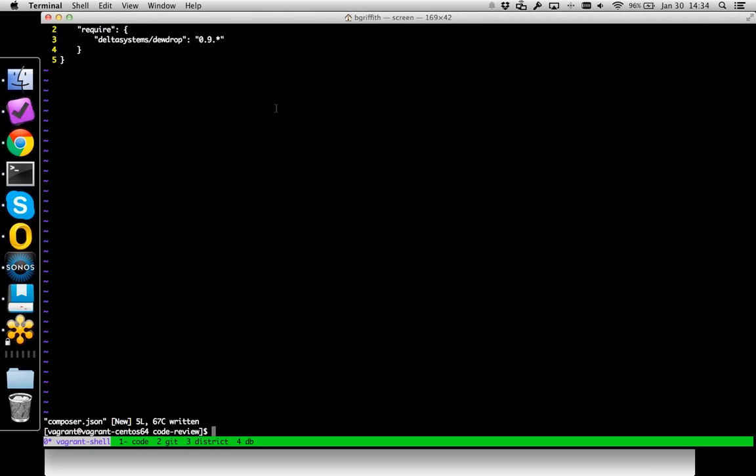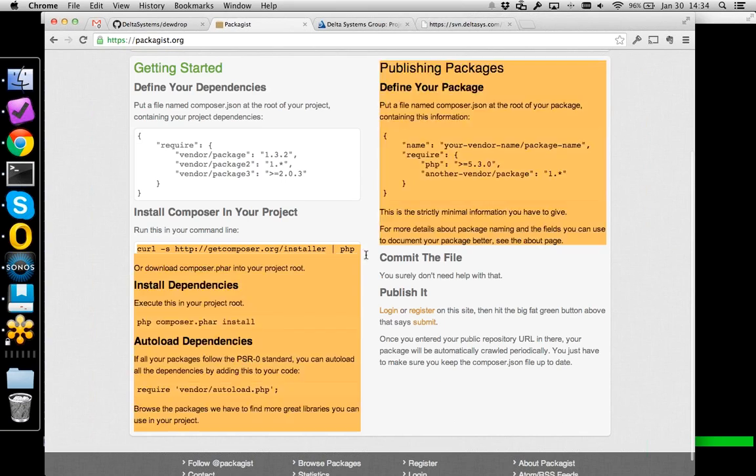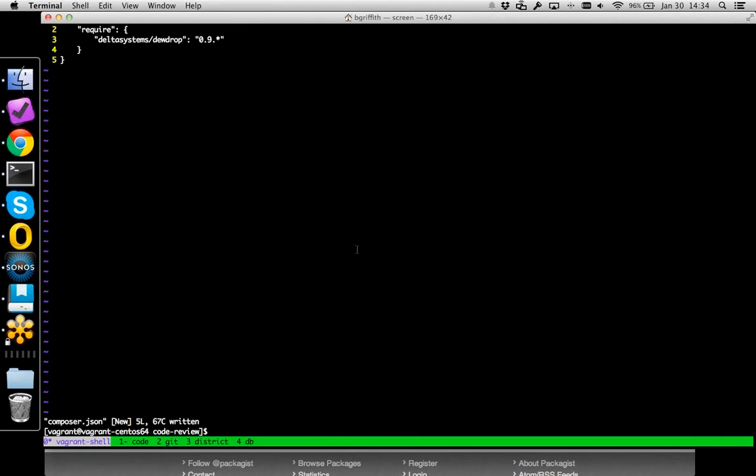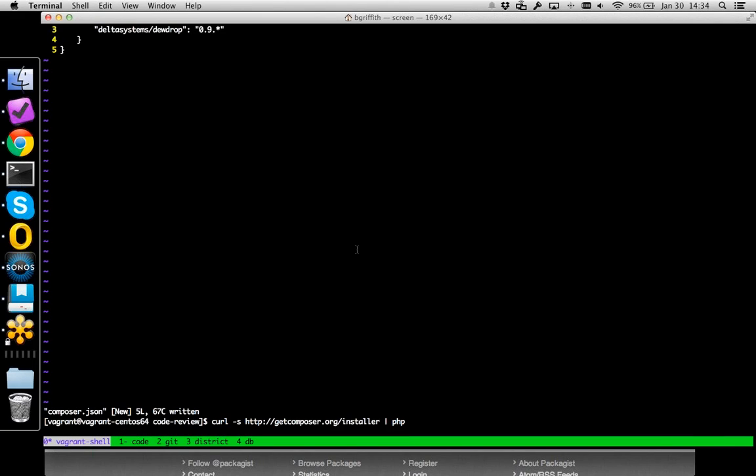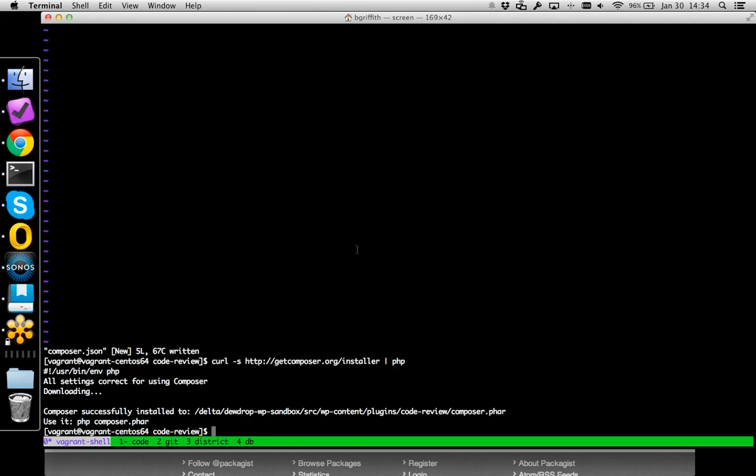So now I've defined my dependencies there, and the next step is we actually need to grab Composer itself. All right. So now we've got Composer, which is distributed as a PHAR, which is basically an archive of a